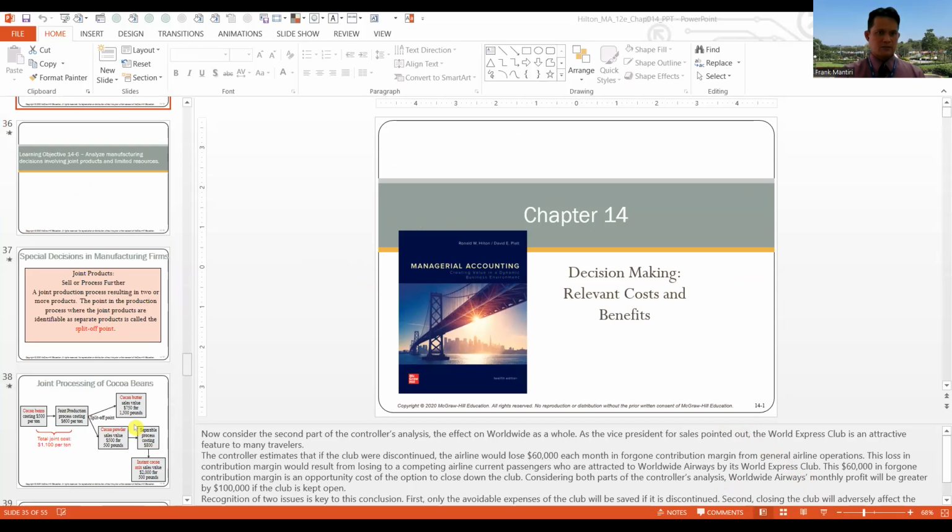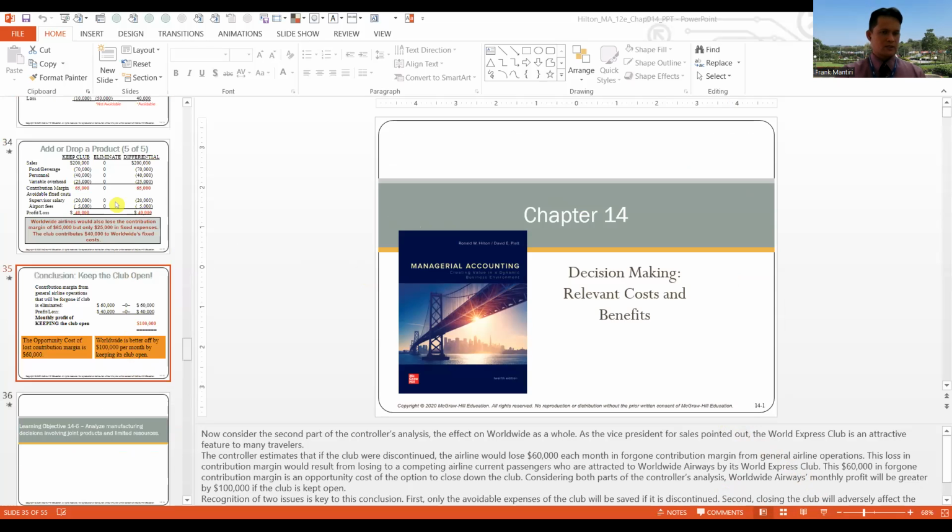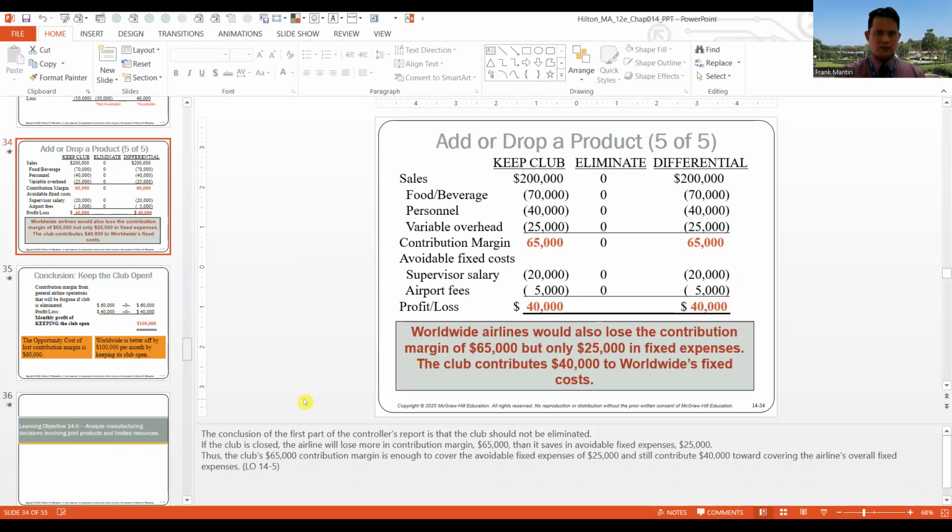That is what we discussed in this chapter, and we are already talking about the first one here, which is add or drop a product,